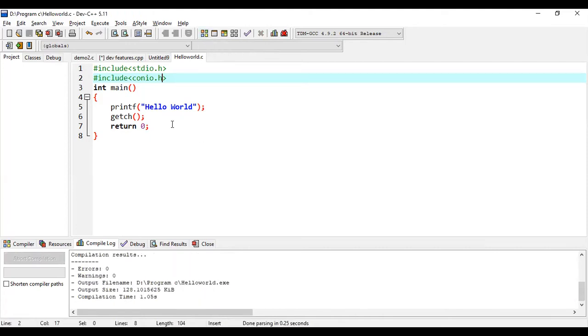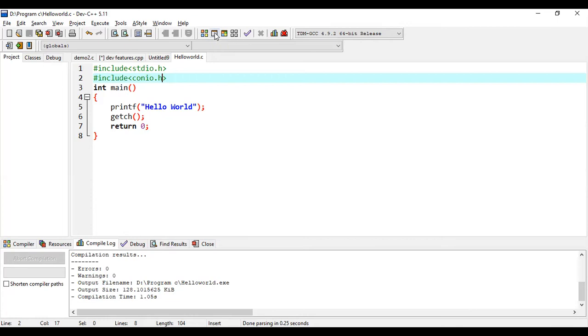Now the program has been successfully compiled and we have got a file named hello world.exe. It is an executable file. So after compilation of the source code, we have got a program with .exe extension. Now we are going to run the program. Just click on this particular icon, that is run.